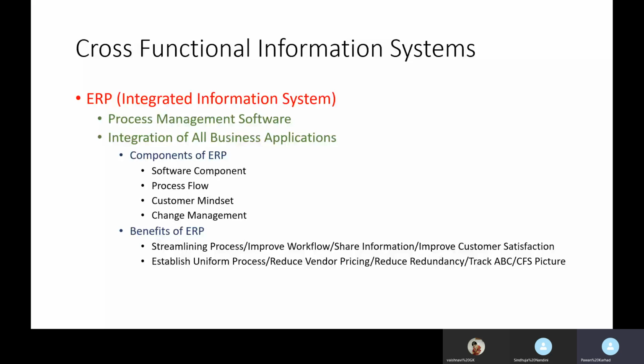If you are using ERP, it will link all the business functions, and it will point out that which information is required by which function, and accordingly it will design the process. Okay, and it will facilitate flow of information by that process. That is why we are calling it process management software. Okay, if the organization is using any other application softwares, those application softwares will also be integrated by ERP. So the two main points in ERP are that it is a process management software and it facilitates integration of all business applications.